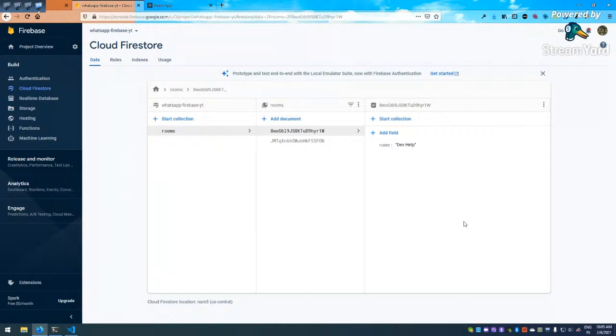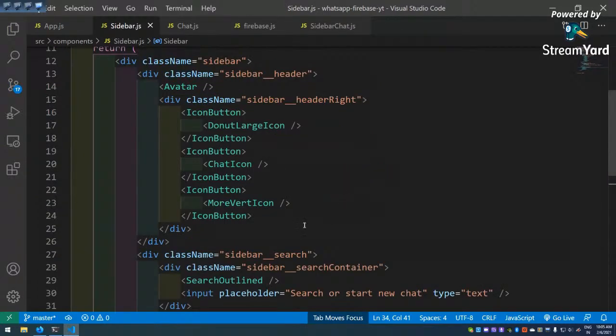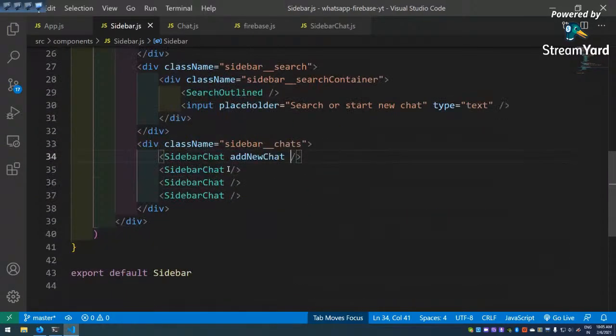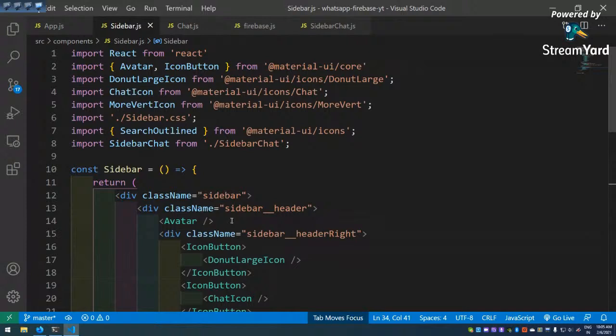So this is done, and now we have to use it. We can use it now because our Firebase is also set up. So now we will go back to our code, and this we can close. Let it be there so I can show it. I will go to the sidebar, because here we are passing the rooms, so different rooms we are hard coding and passing. So here first thing we are going to have is